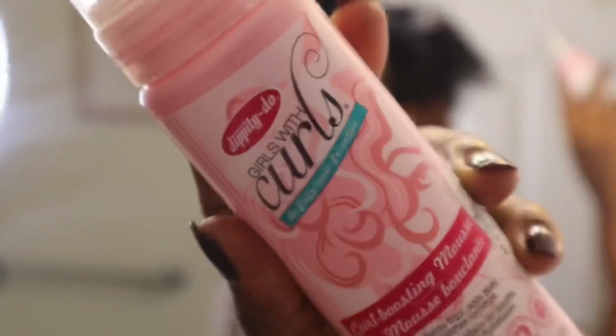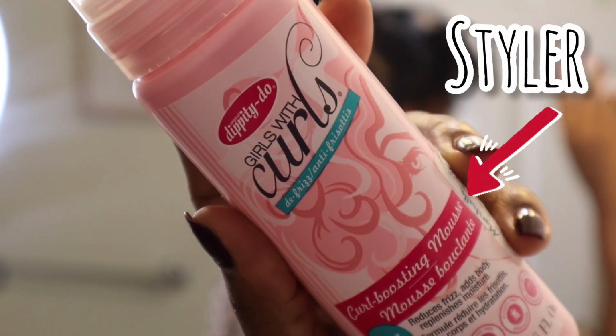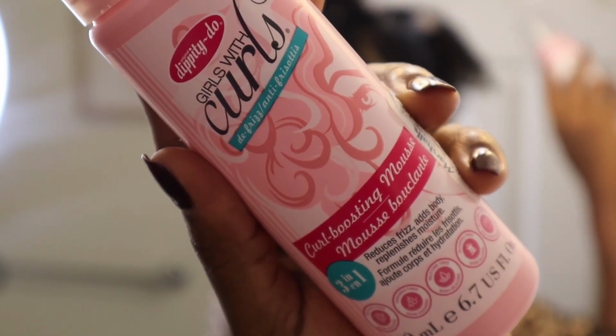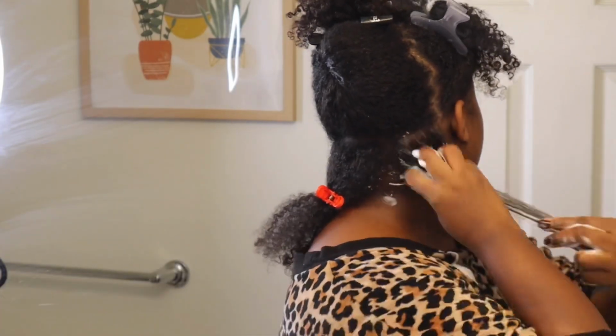After detangling, I'm going in with my styler, a curl boosting mousse from Dippity-Do. I've been using this mousse to install different hairstyles and really like it. Something to keep in mind if you're using this product is that it has a strong hold. It's not as bad as a gel, but if you end up using a lot of it, it will leave